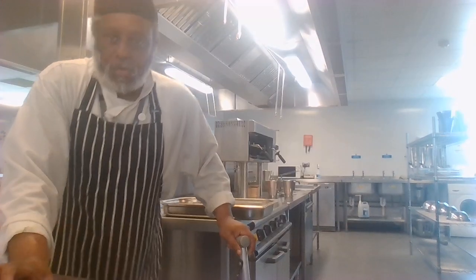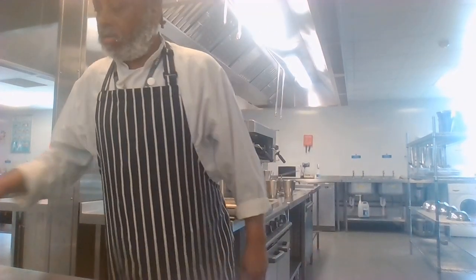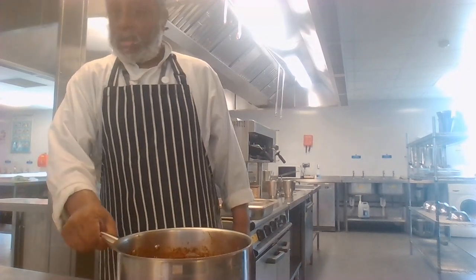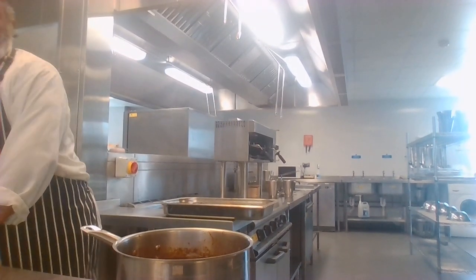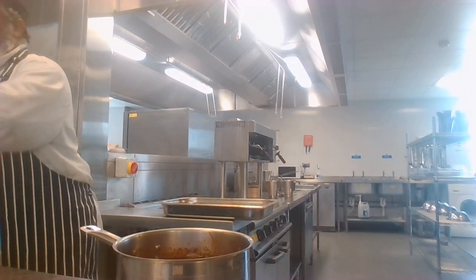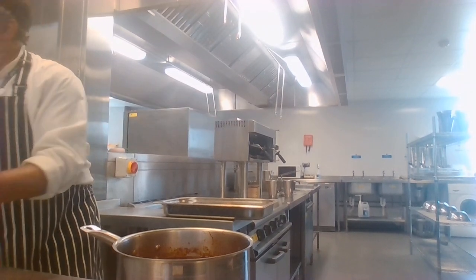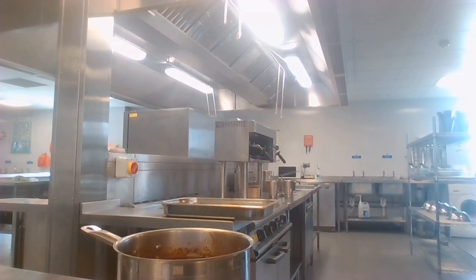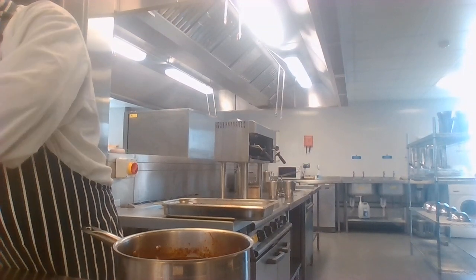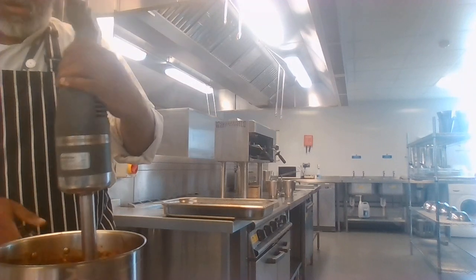Okay. Right, now it's a wonderful sauce. I'm taking it off the fire. Here it is. And what I'm going to do, I'm going to blend it with my industrial blender. Hopefully it will work. And yeah, here we go. Hopefully it will